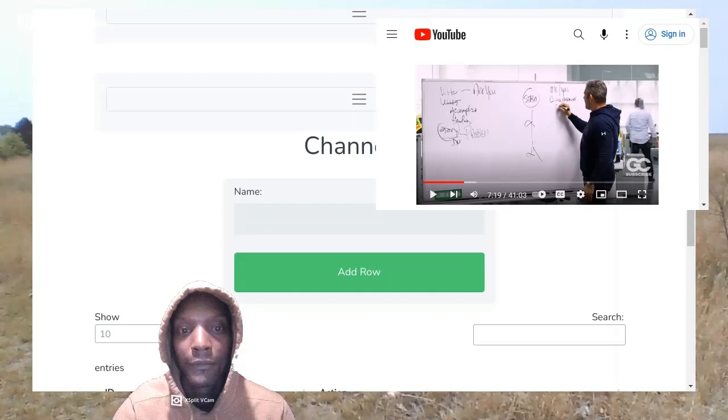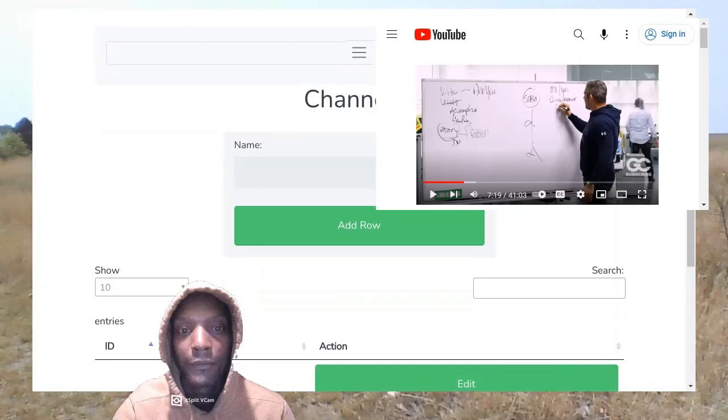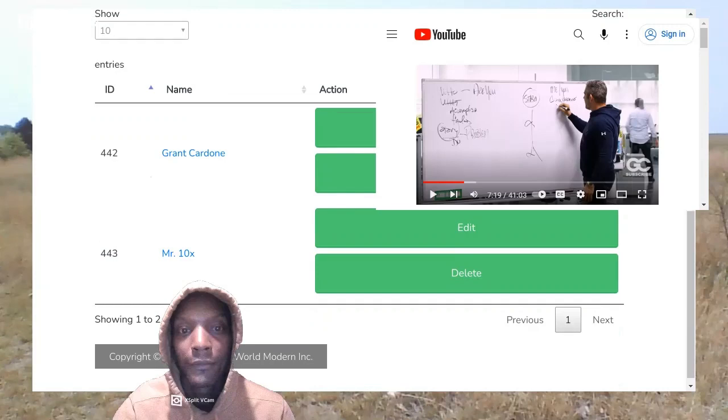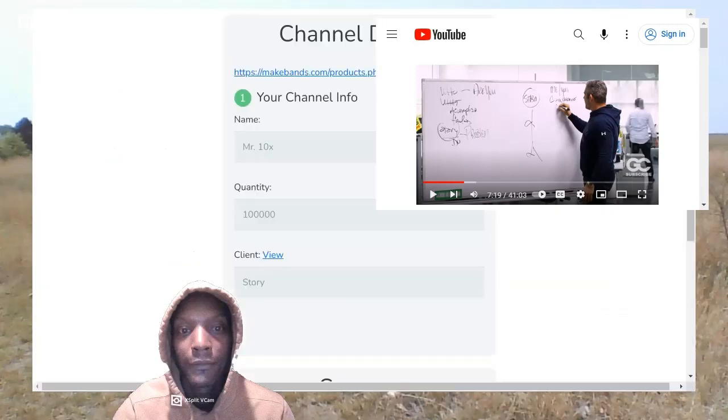So we added Mr. 10X, because Mr. Grant Cardone added. Here's Mr. 10X, and then we can add a row up there too. Also, that is pretty cool if that's enabled or not. But we click on Mr. 10X here. So Mr. Story is building. You add your own nicknames or aliases in here as Mr. Grant is building up his profile. You know, he's having fun here.